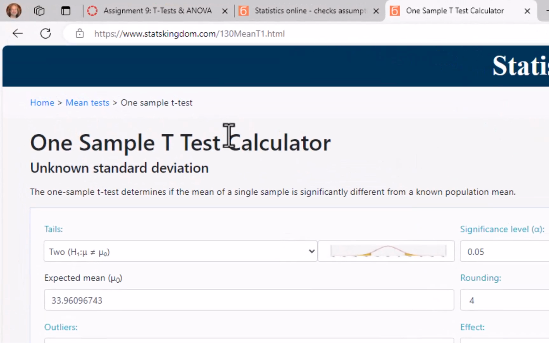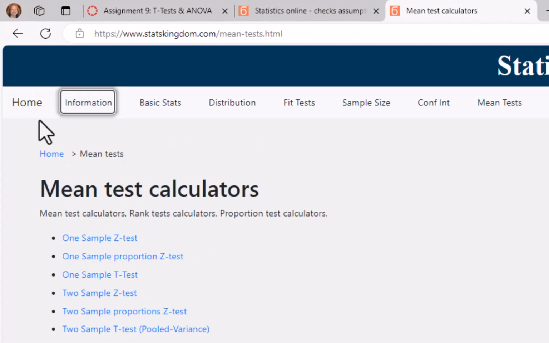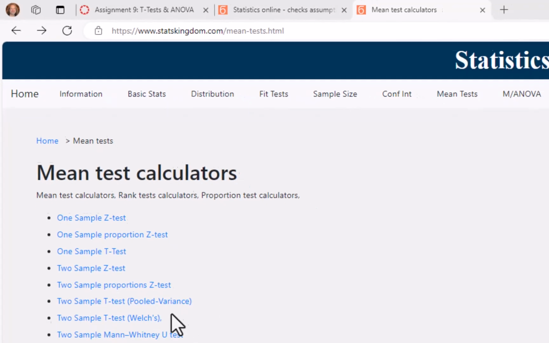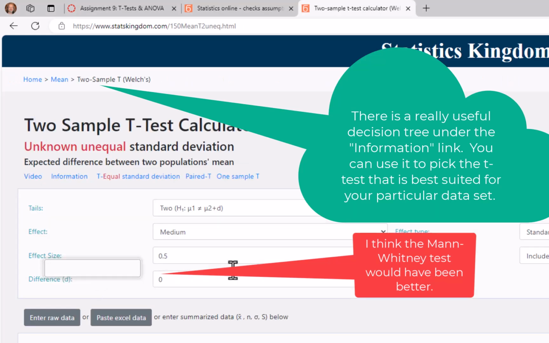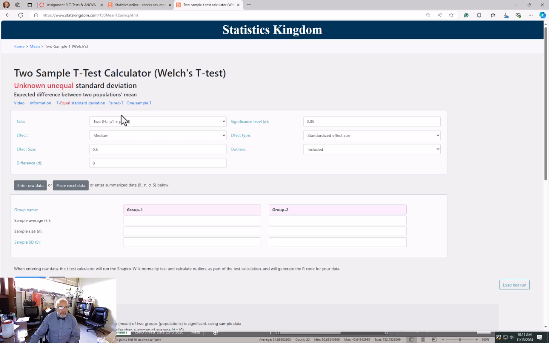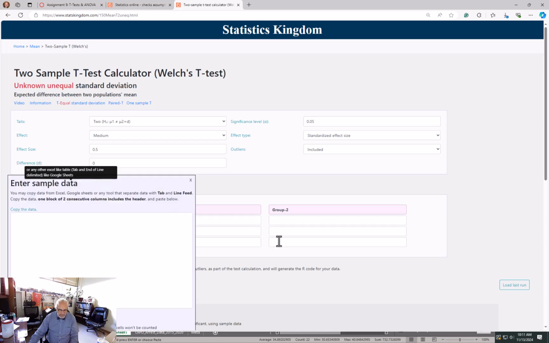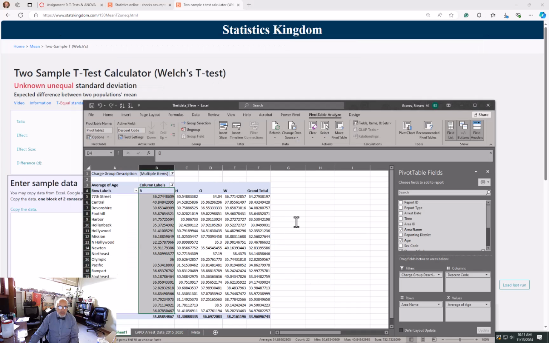So let's jump back to these mean tests and do a two sample t-test, and we'll use the one here. We'll go with the two sample t-test, the Welch's test, and in this case we're going to also use the two-tailed test to see if these two samples are different. We're going to select paste Excel data, come back over here to our two samples, and we're going to ask,